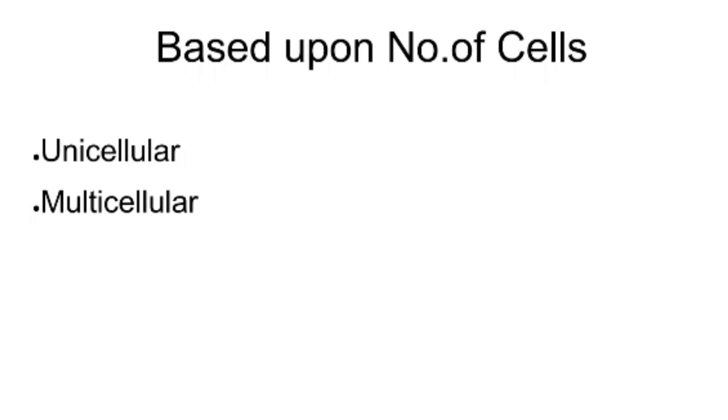And when we talk about multicellular organisms, it means plants and animals. There are acellular organisms, which means the body of the unicellular organism cannot be divided into cells. They are also called acellular organisms. Now when we talk about unicellular organisms, only one single cell performs all the activities, and in multicellular